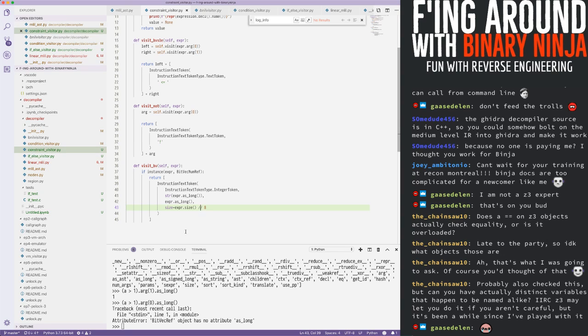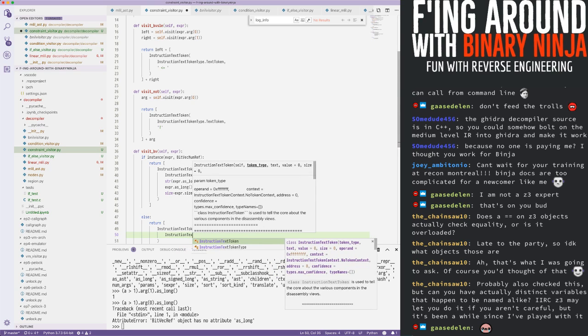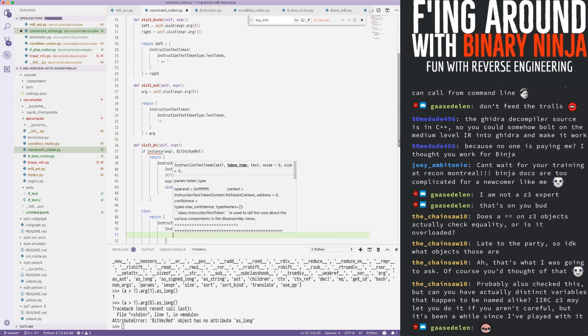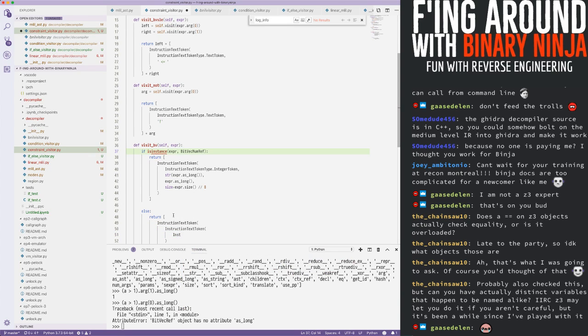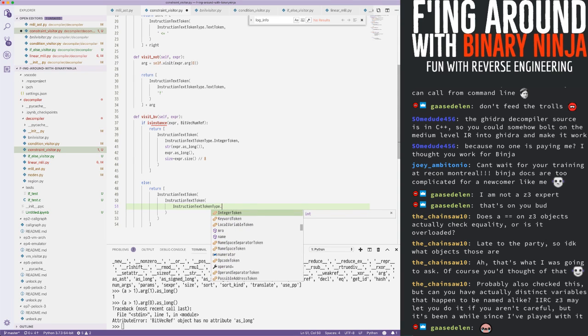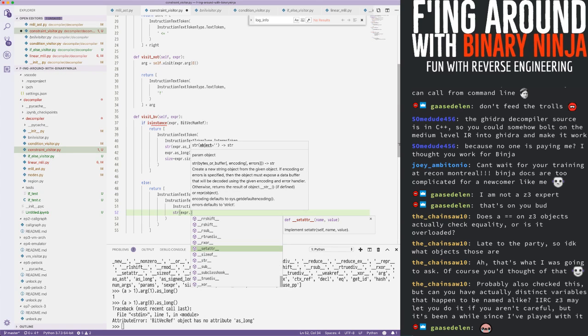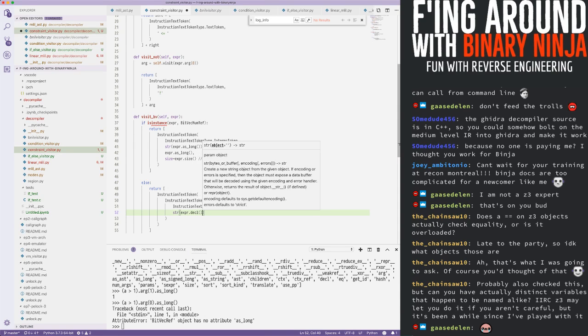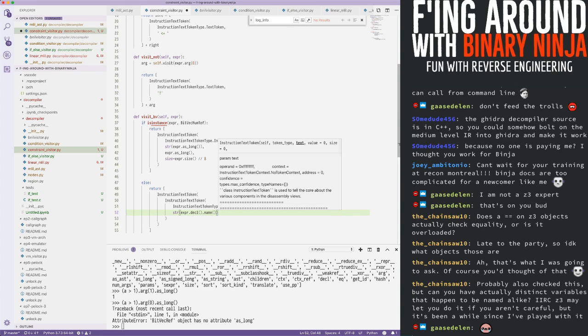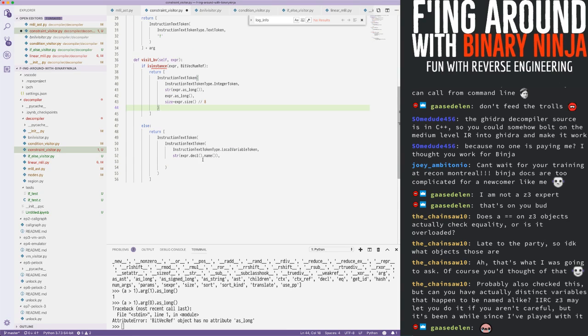This is Python 3, so we got to do the double divide. Oh, value here needs to be